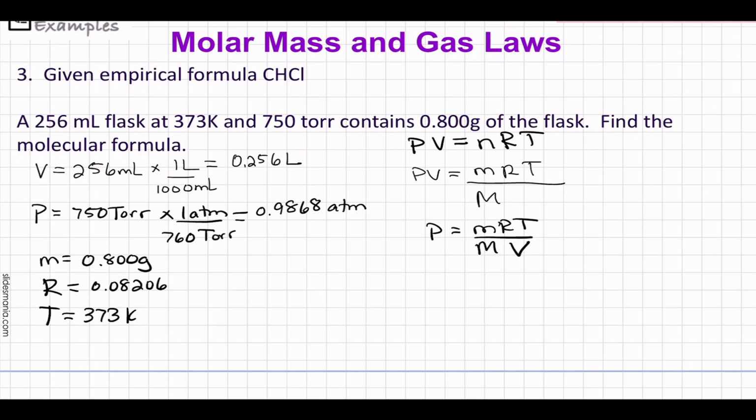And then I'm going to take this and realize that's density. Actually, I'm not going to do that this time. I'm sorry. This time, they did not give me the density, and they do not want the density. So I'm actually going to solve for molar mass. Molar mass is going to equal the mass in grams times the ideal gas law constant times temp over pressure times volume. So I'm going to sub in 0.8 grams,